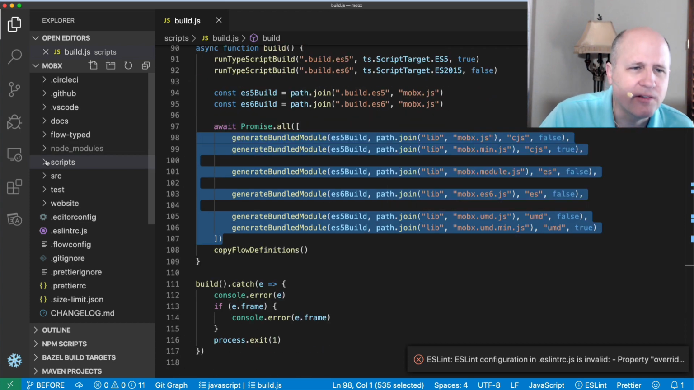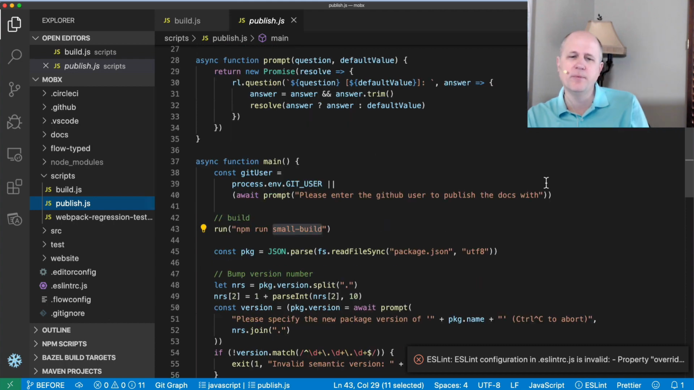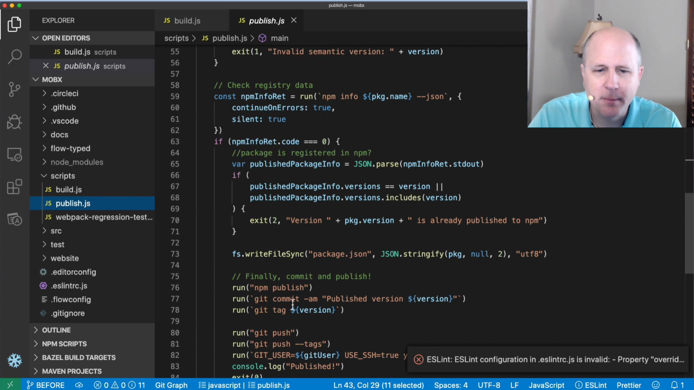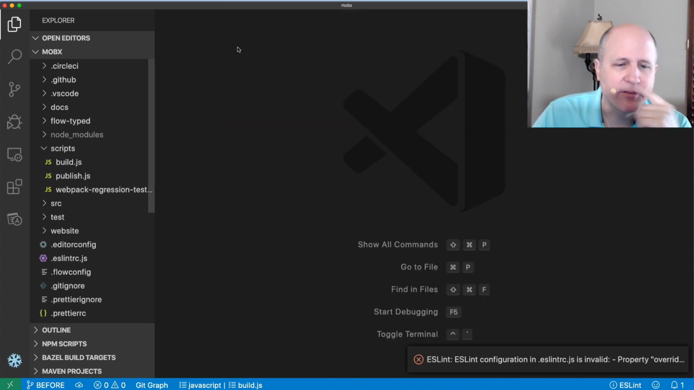And then there's a separate script, one that we won't do as much with, but they have their own publish script. Fundamentally, their publish script will call npm publish, which calls npm package behind the scenes. Okay, so that's a